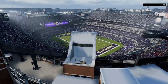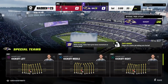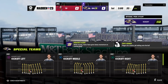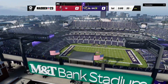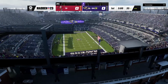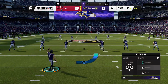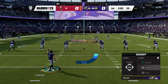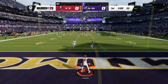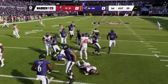It's the NFL on EA Sports as we are in the inner harbor of Baltimore at M&T Bank Stadium. Coming up, we've got a good matchup on tap between the Tampa Bay Buccaneers and the Baltimore Ravens. Justin Tucker set to boom this one away. And off we go from M&T Bank Stadium. This is going to be returned from the middle of the end zone. And in hindsight, probably should...